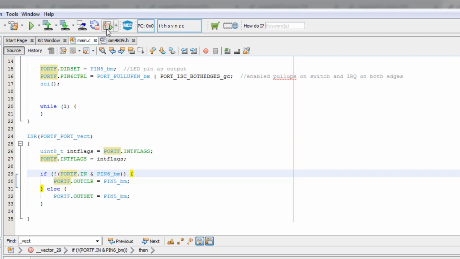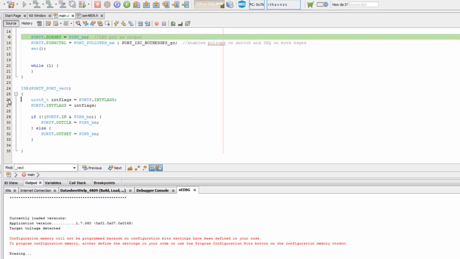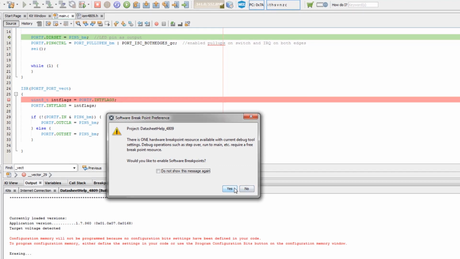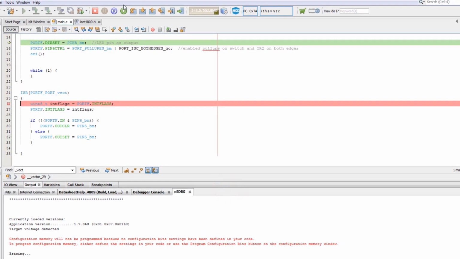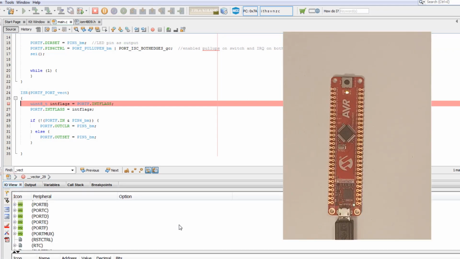So let's debug. Okay, set a breakpoint. Yes, software breakpoints are fine. In the ISR, start it running, and let's go back to IO view, and as we push the button,